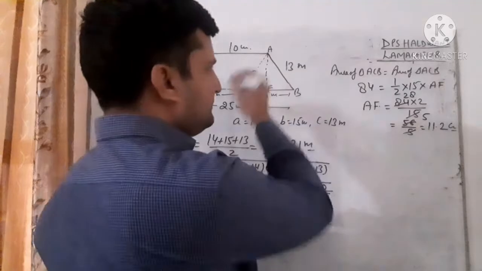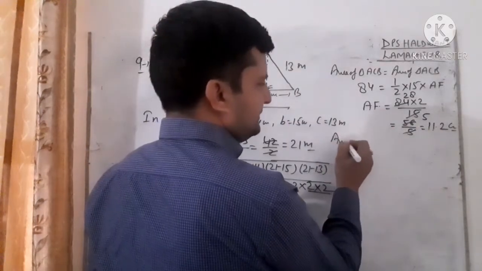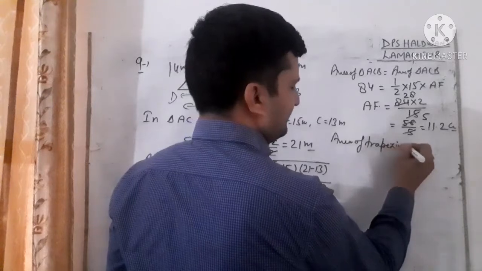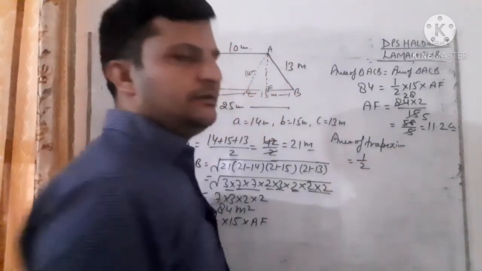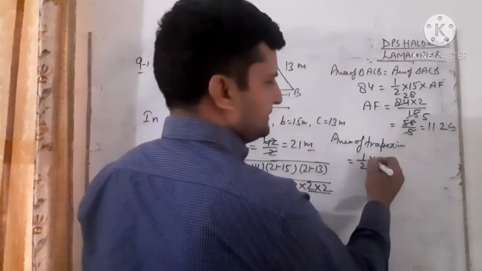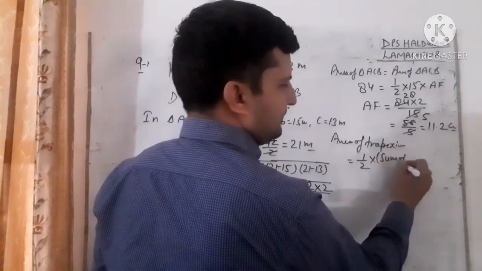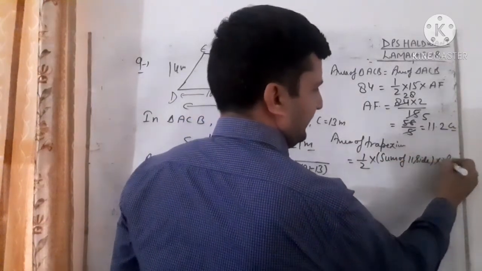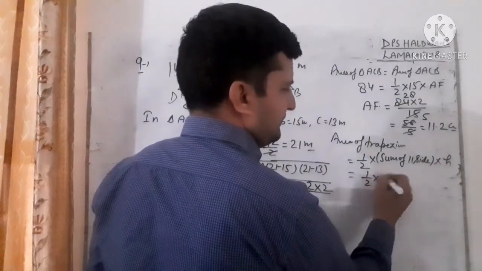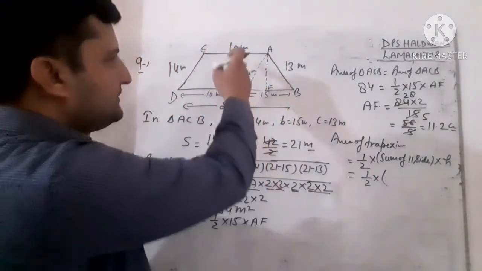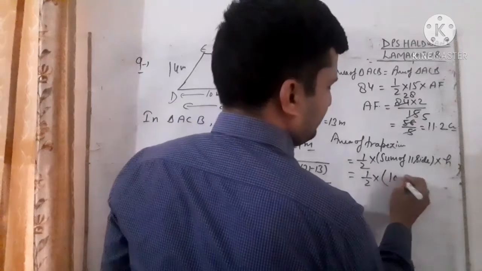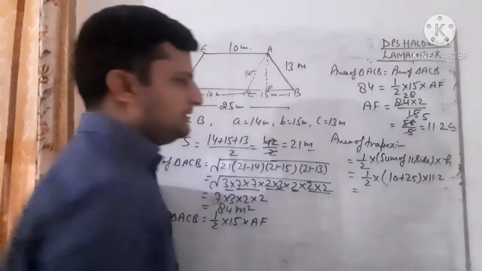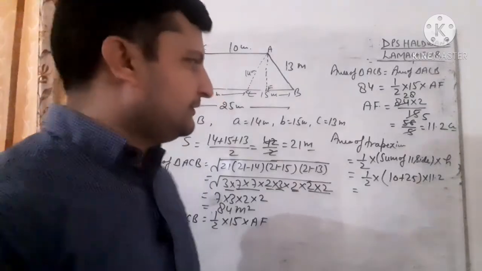So student, now we can use the formula. Area of trapezium is equal to, so students, area of trapezium, we know that half into sum of parallel sides, into height. I am writing the formula here. So student, half into, what is the sum of parallel sides? Parallel sides are this one, 10 plus 25 into 11.2. This is coming, student, 25 and 10, 250